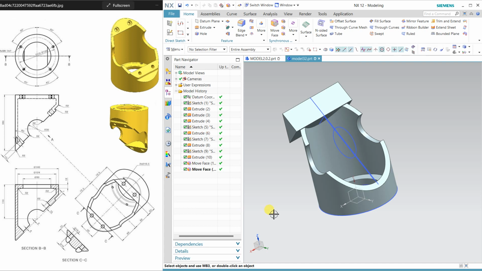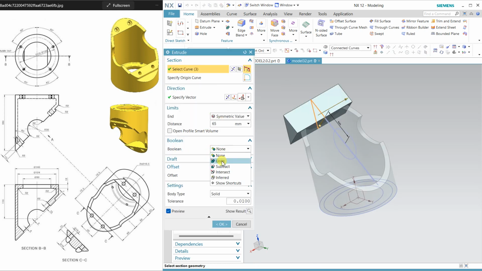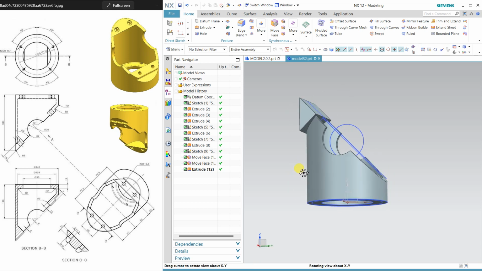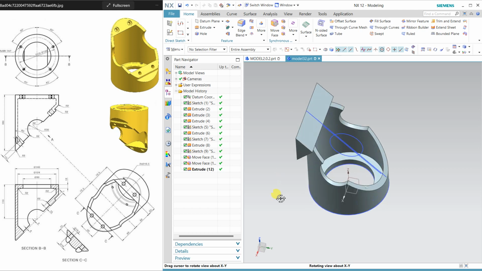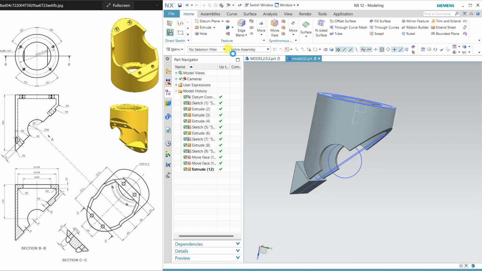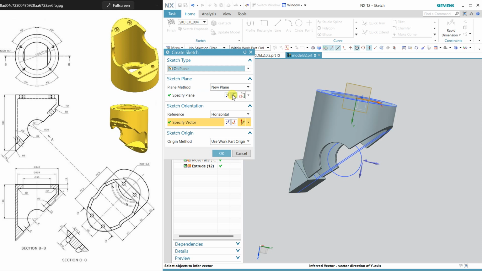Okay, now drag this after this, and double click, and I want to unite this with this previous body. So see, we have 4 millimeter gap now. Same, I'm doing here. So again select this plane and orient the view,